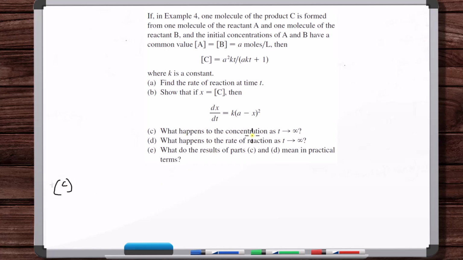What happens to the concentration as t approaches infinity? To the concentration. Well, how do we evaluate this? Here's the concentration. We just say, what is the limit as t approaches infinity of the concentration? Now, this is an example of, when it comes to derivatives, you don't really, whenever you get into